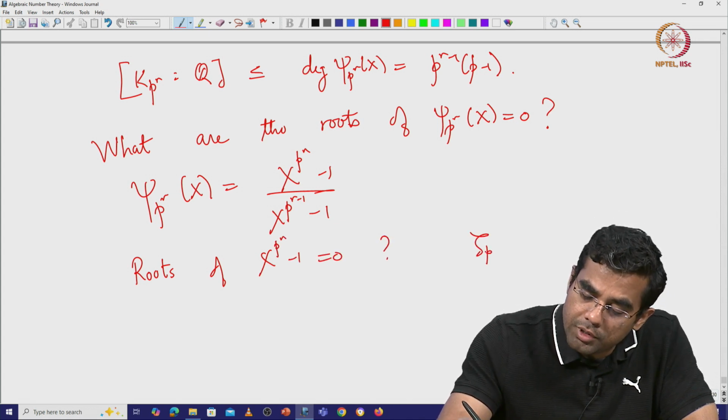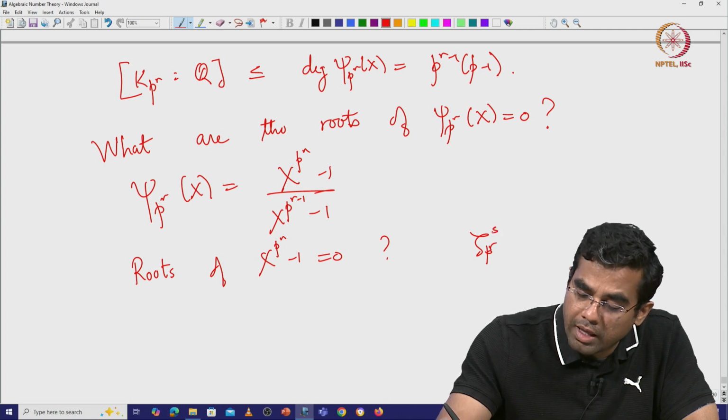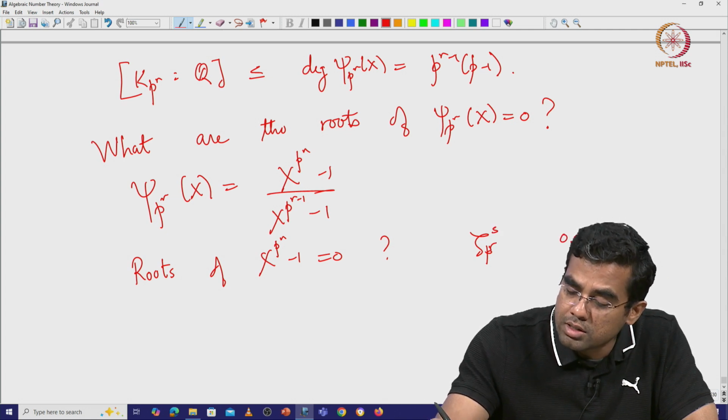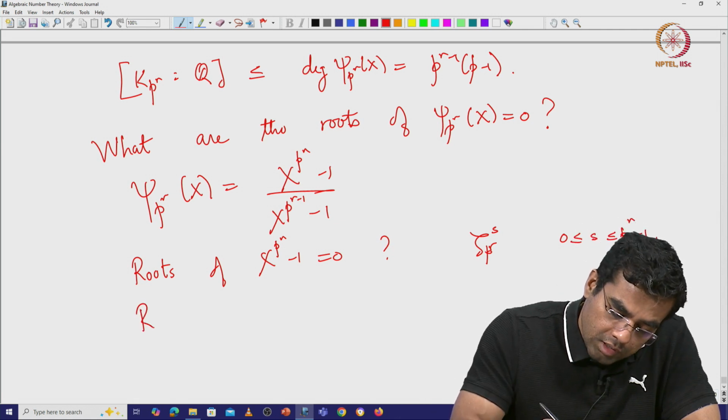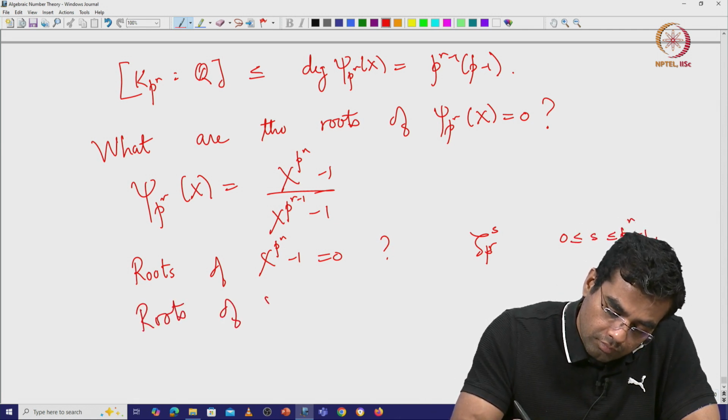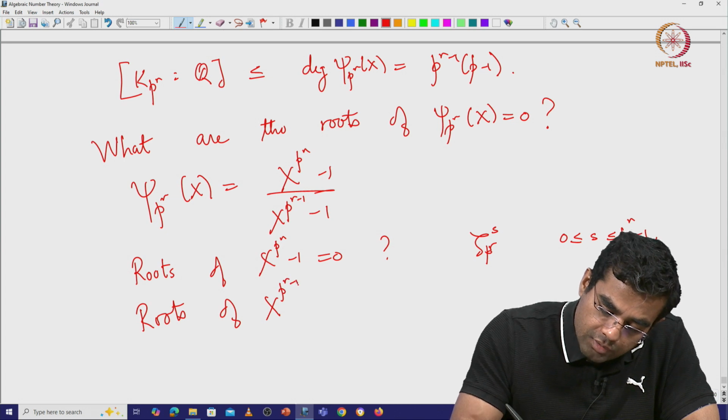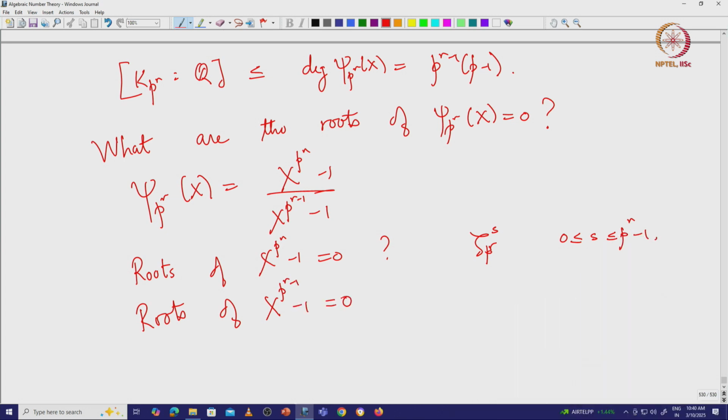These are zeta p to the r to the power s, where s is between 0 and p to the r minus 1. Now, what are the roots of x to the p to the r minus 1 minus 1 equal to 0? This is zeta p to the r to the power p times s, where s is between 0 and p to the r minus 1 minus 1 this time, right. So, something that is divisible by p. So, hence